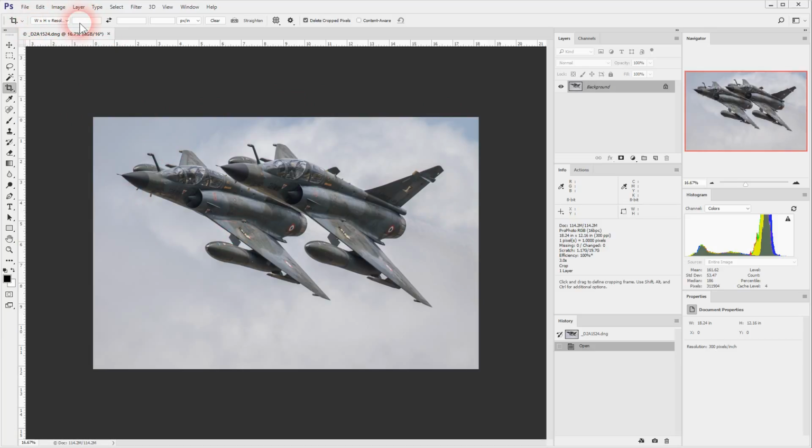So if we go into the context sensitive menu, making sure that we've got the width and height resolution selected rather than the ratio. So I'm going to type into the first box 16 space IN for inch, and then 12 space IN for inch. I'm going to leave this pixels per inch